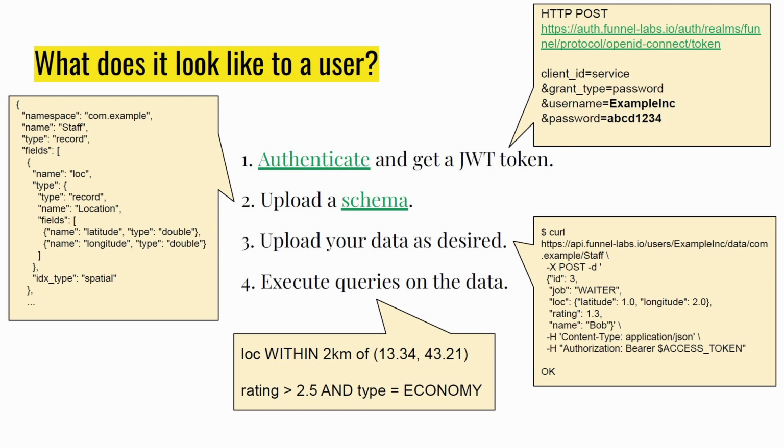So you want to protect your system. You can't just have any random person on the internet accessing it. So it's using JSON web tokens, where you have to authenticate using a username and a password over a secure HTTPS session. And what happens is you upload an arbitrary schema, whatever data format you want. And then without having to do anything or recompile or whatever, you can start uploading data immediately. In this case, it's uploading a person who's a waiter, and it's a new data point. Then you can just start executing queries. Just spit out the data and query immediately.